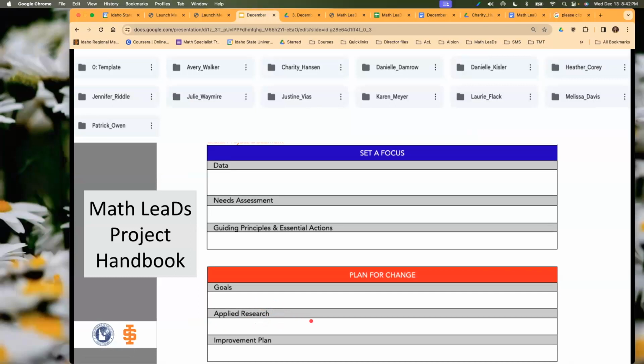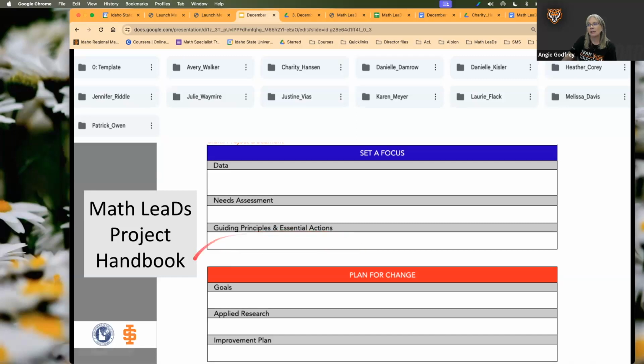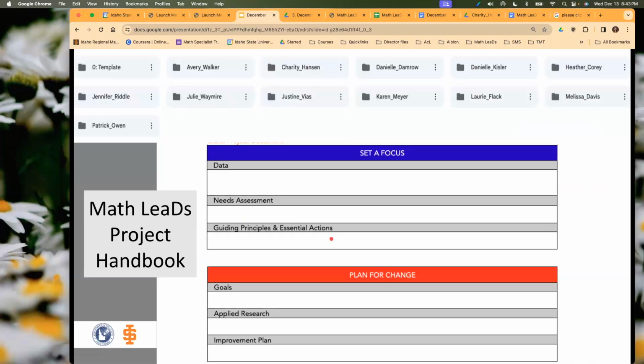Can I have a question about a prior component? Absolutely. Guiding principles and essential actions? So we really haven't touched on this too much yet. This is making a connection to the framework that April has been teaching and talking about. We as a team need to have a conversation on it. This is not an essential component. Let's put that there. We still need to have a conversation on it, so don't worry about that too much yet. Okay, good question. Thank you for pointing that out.